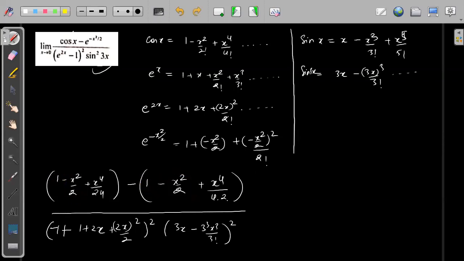So that means in numerator, this x to the power 4 should get cancelled from the denominator. We will just check that one. So this 1 and 1 gets cancelled, this and this gets cancelled. So I will simply write this as x to the power 4 by 24 minus x to the power 4 by 8, right? Denominator. Let's see if we are getting x to the power 4 common from denominator. Minus 1 and 1 will get cancelled. Here you have 2x. Here you have 2x. So x, and then you have 2x square and so on.